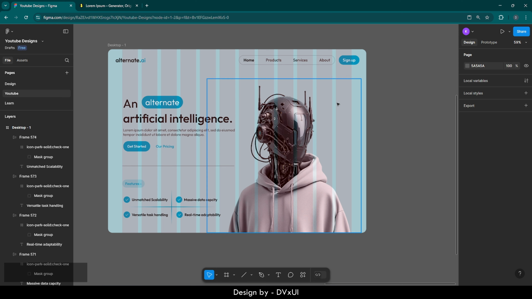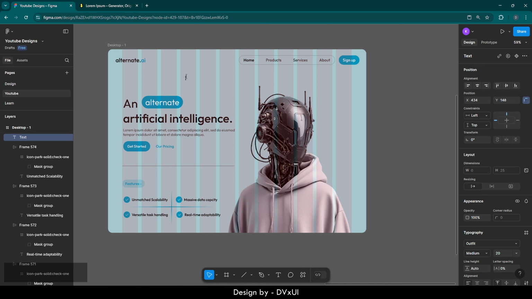So let's fill it with the text. Well, this is not necessary to do it, but you can do it to enhance the view of this hero section. So here I'm going to write artificial intelligence